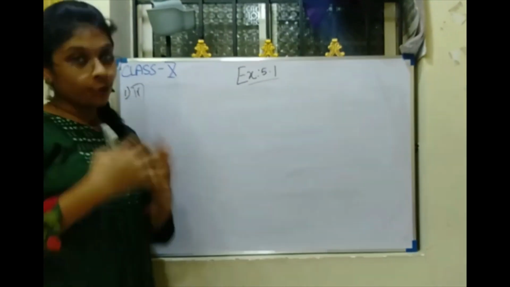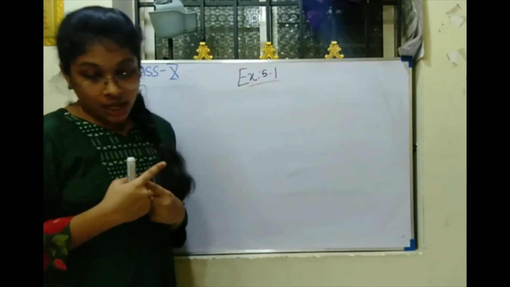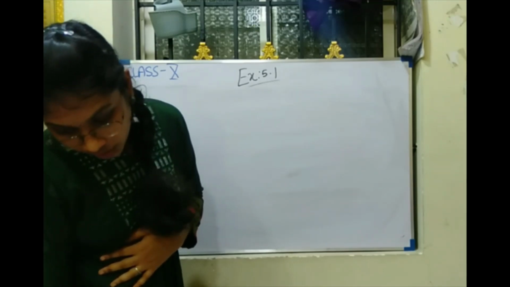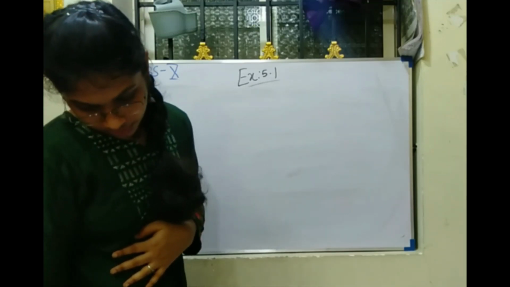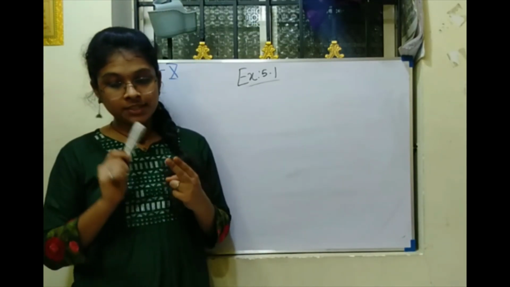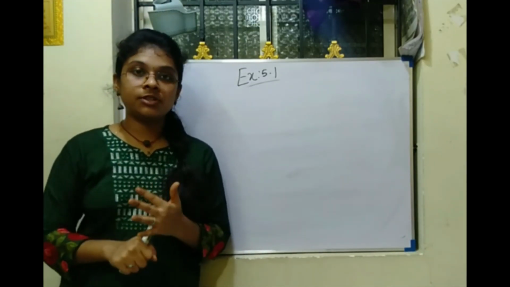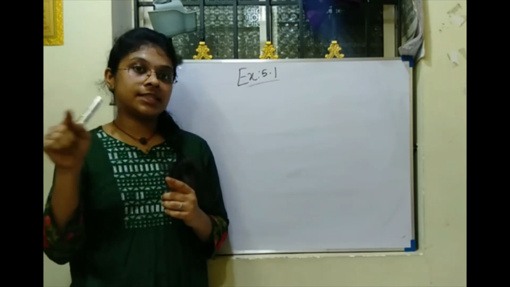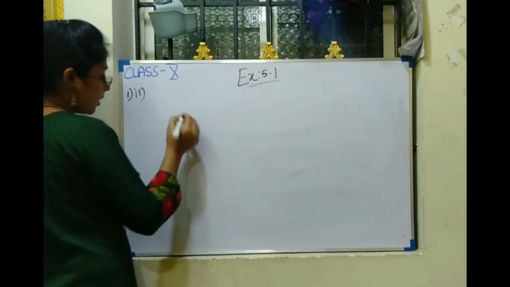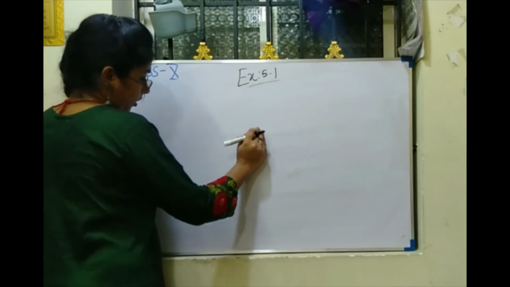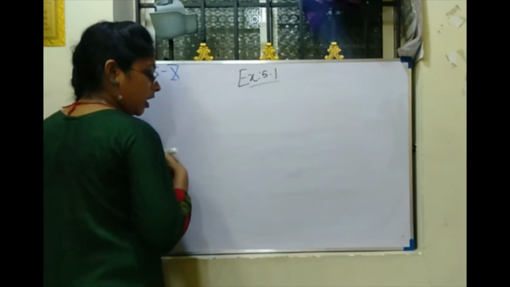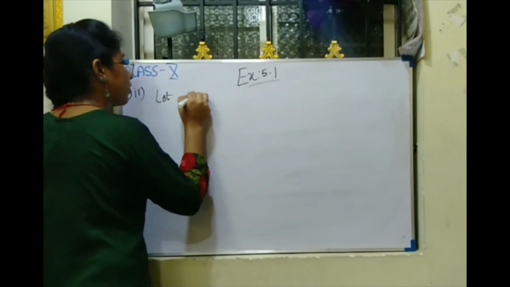Okay, now let's move on to the fourth part of this first question. The question is the amount of money in the account every year when 10,000 is deposited at compound interest at 8% per annum. They have told us that rupees 10,000 is deposited at compound interest of 8% per annum. So let A and B, that is the last term, be the amount of money in the nth year. We don't know how many years and we don't know how much amount we will get.